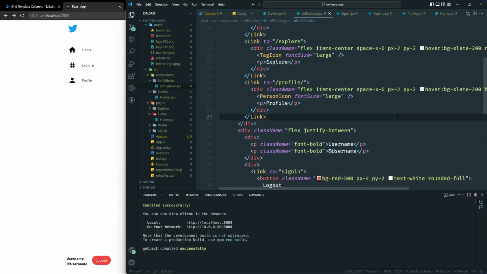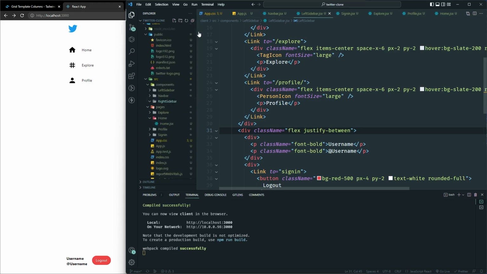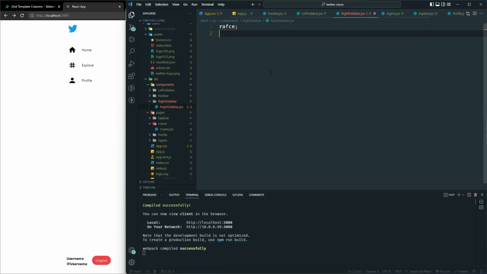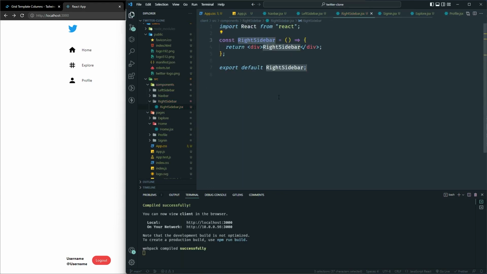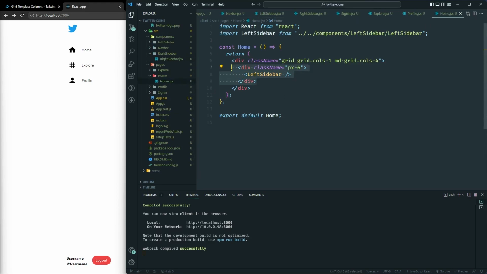Let's do the right-hand bar. The right-hand bar is basically static, so you might not need to do that, but I'm just gonna do that. Keep a static right-hand bar. So the right-hand sidebar is good to go. Let's bring that into our home page so we can see that. So let's go to our home page. So we have this. So next, we're gonna have the main page,